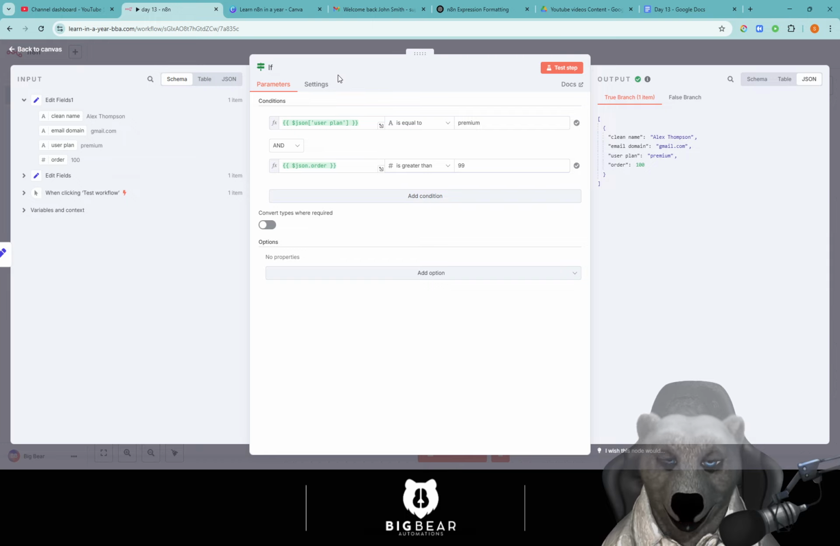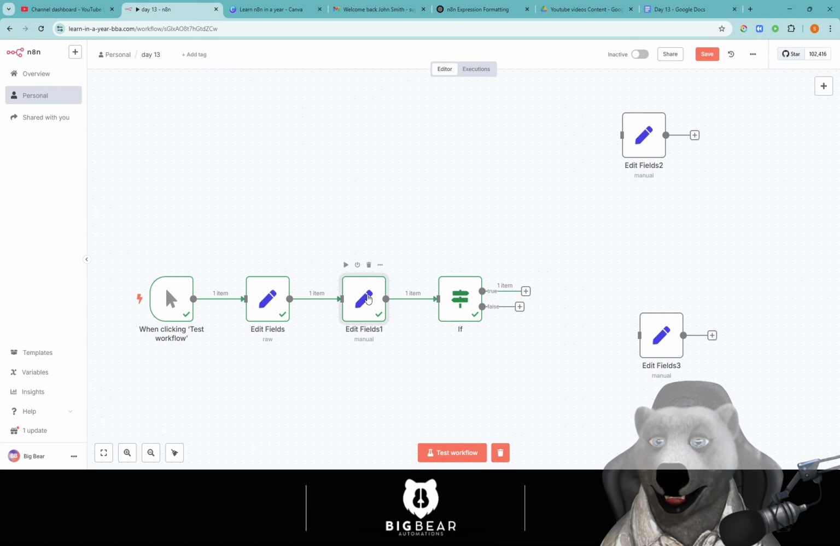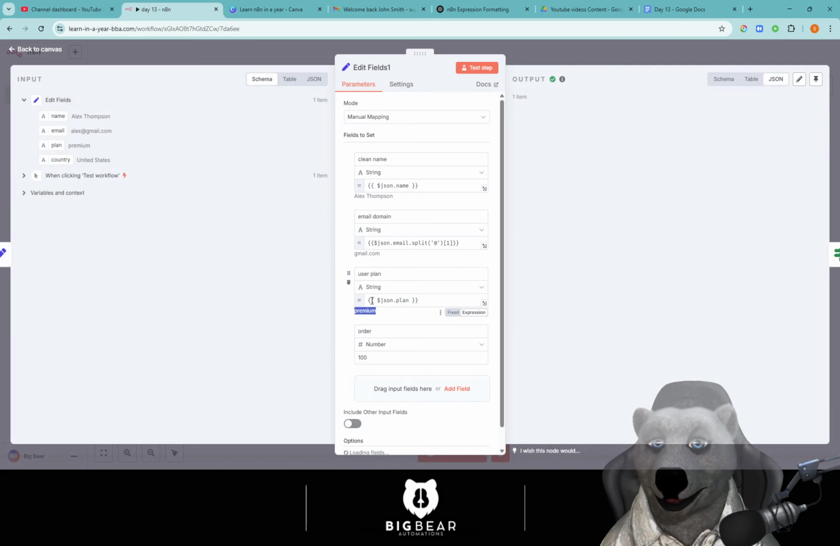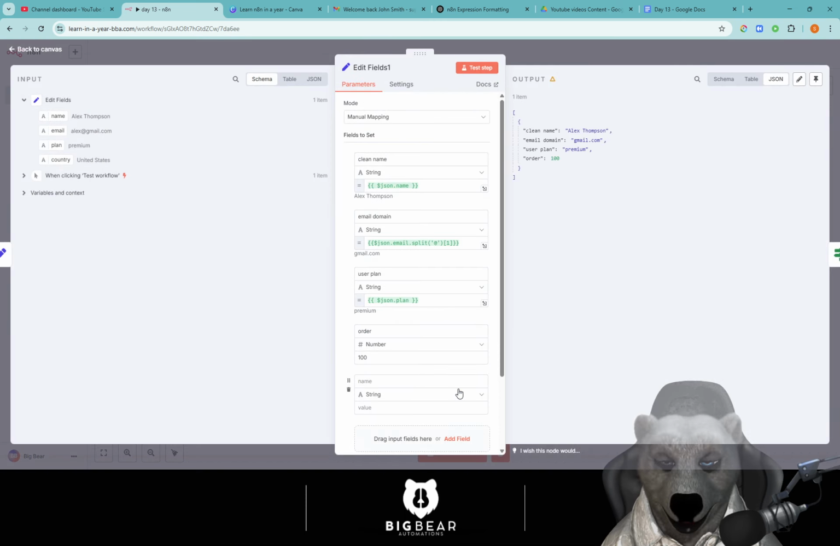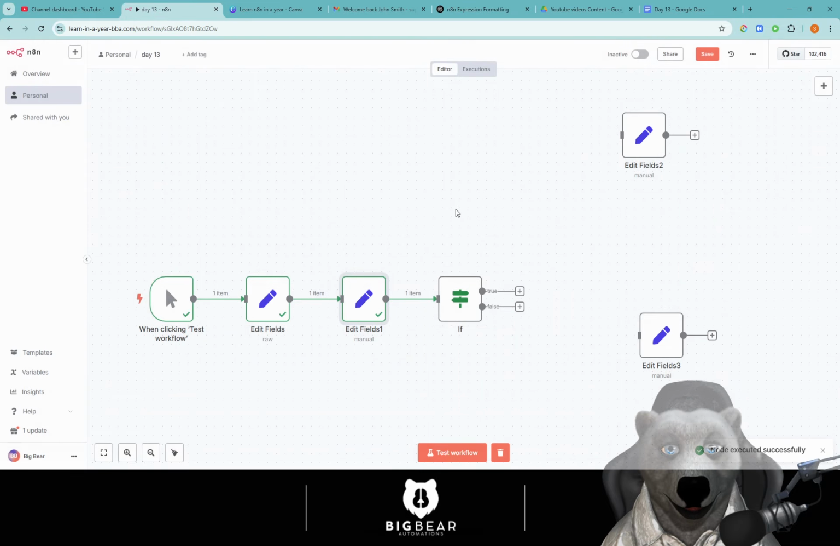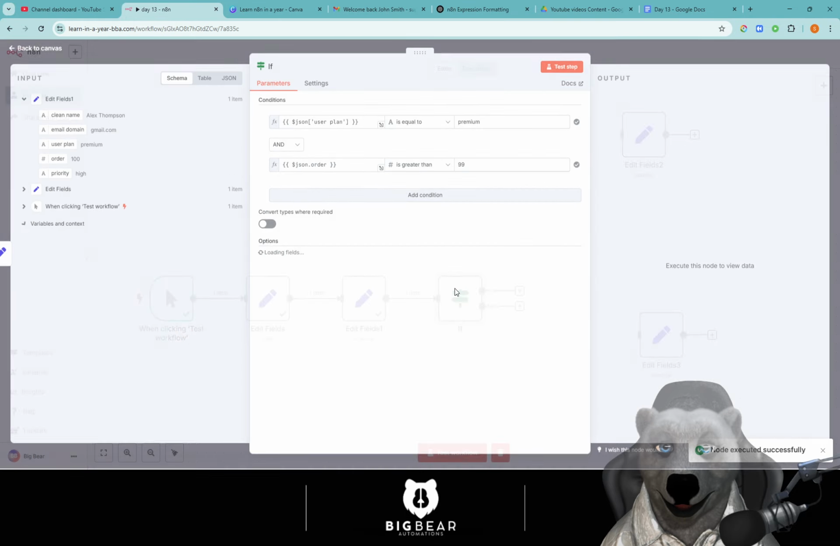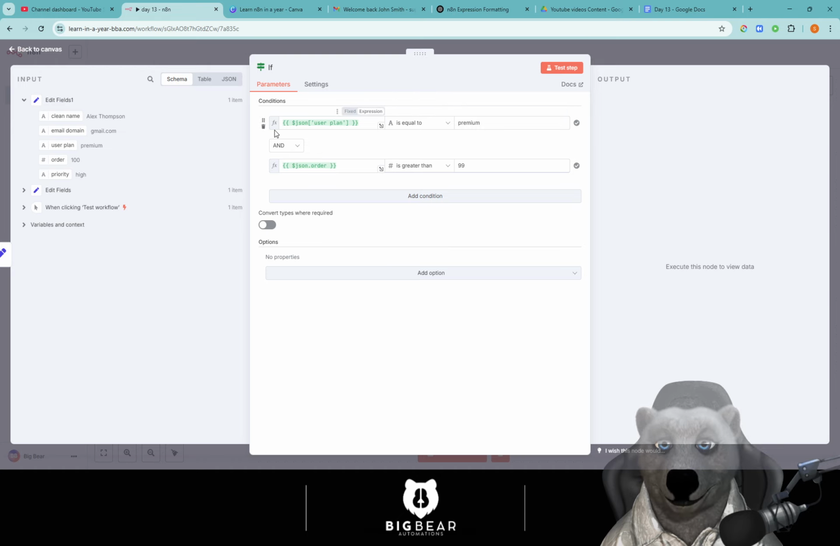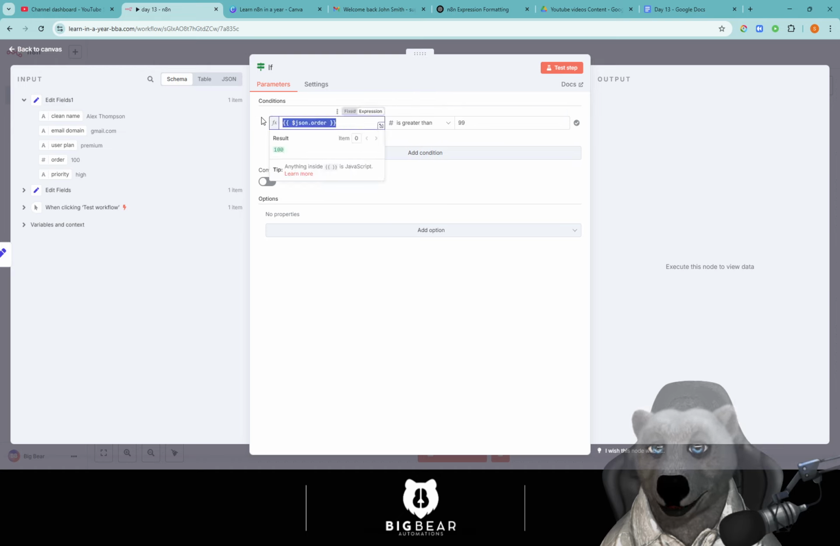Again, another example would be support tickets. So what if you work for a development team and you get a support ticket through, and that has priority in it, right? So the priority is high. Test that. There you go. Go to the if statement. Get rid of these. So if